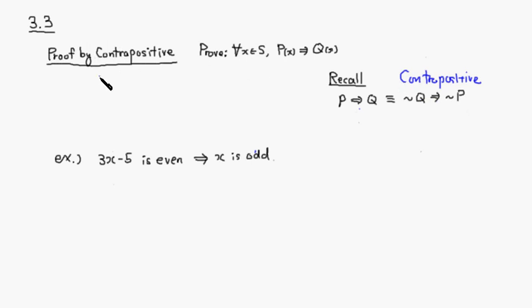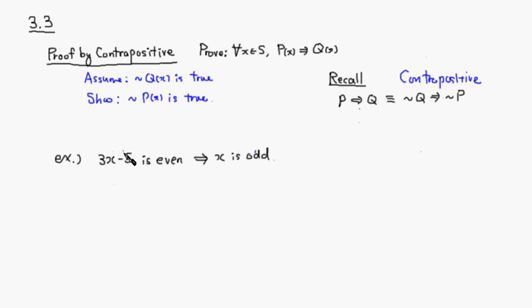So let's do that. As usual, we want to prove that for all x in some set S, P of x implies Q of x, right? So instead of assuming that P of x is true, we're going to assume that not Q of x is true, right? Then try to show that not P of x is true, right? So this comes in handy when it comes to having a fairly complicated hypothesis and a really simple conclusion,